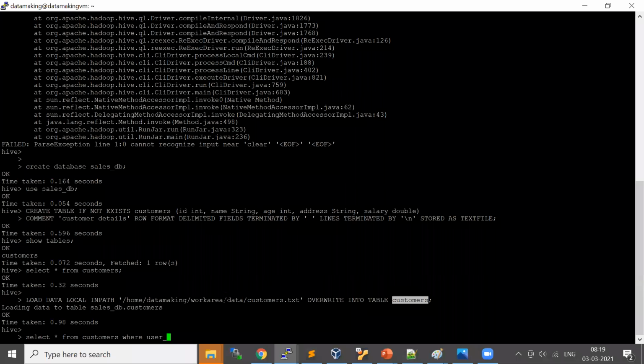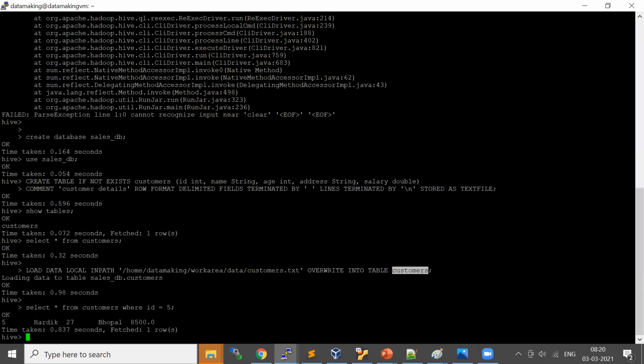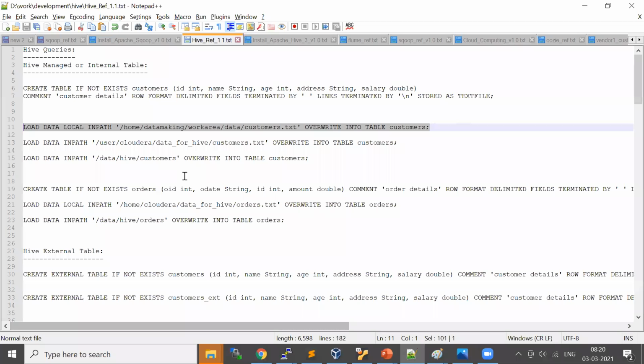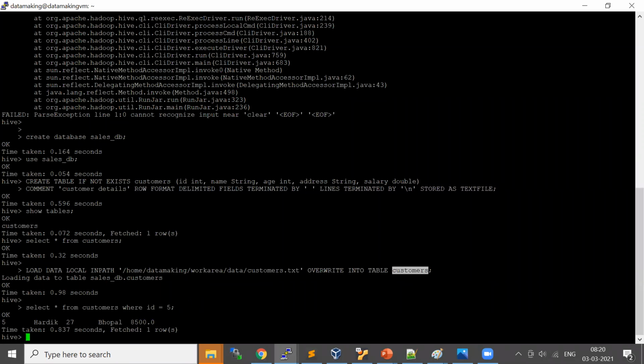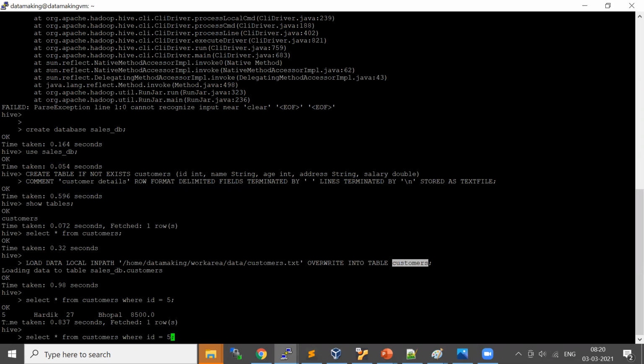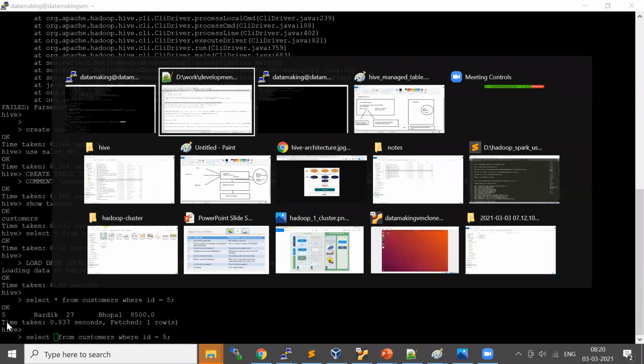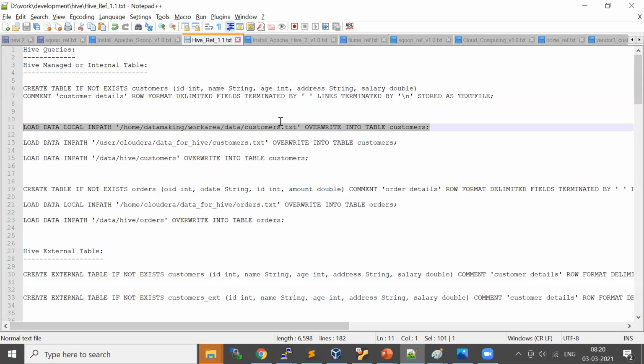Okay, so it went and read the data of customer 5 and gave you the details. I'll just say get only the customer name and age.